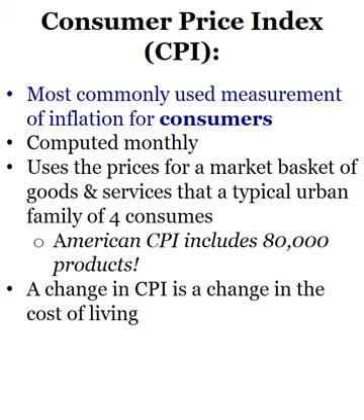But we want to figure out not just are prices rising, but are there certain types of goods that are rising at a higher rate and things like that. So all that data exists, but we just put it all together and average it to figure out the cost of this huge market basket of 80,000 products. And again, you can see that the market basket they're focusing on is goods and services for that urban family of four. And then finally, just to be aware that if you see the term cost of living, that refers